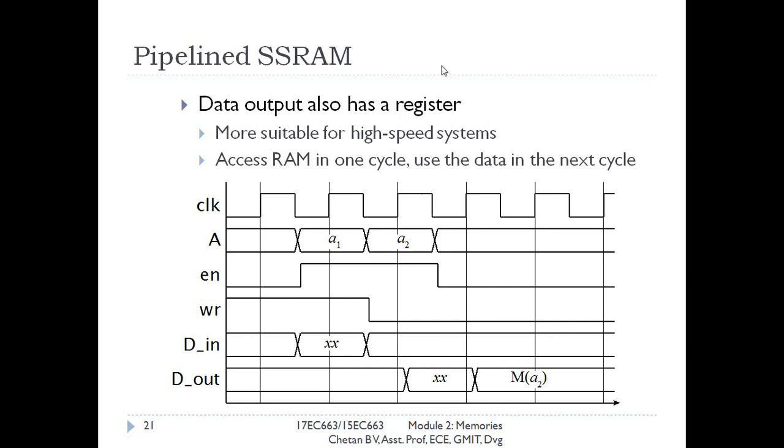starts. You can observe that at the start of this third clock cycle, there is an attempt to perform a read operation as well. So we are attempting to read data which is stored in memory address small a2. Here you can observe the write signal is 0, that is, we are attempting to perform a read operation. So this data will be read in the fourth clock cycle. As you can see, M of A2, which is nothing but the data which is present in the location small a2.